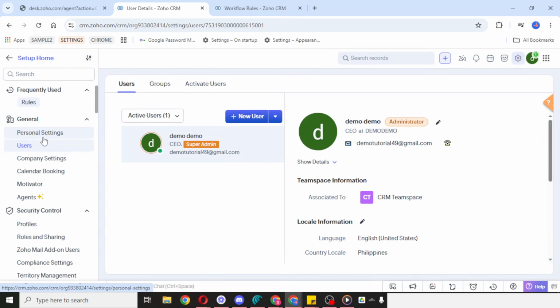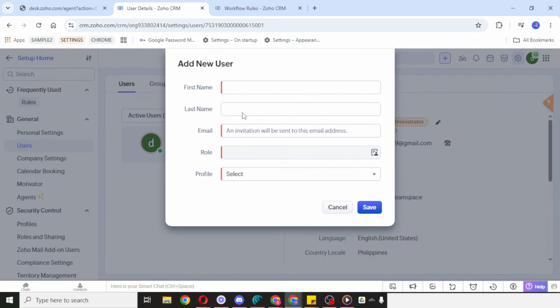When you're in the Users section, click New User. This will open the user creation form. On this page, you'll be asked to enter the new user's details. Start by typing in the person's name and email address. Make sure the email is entered correctly, since this is usually tied to the user's login and invitation process. A small typo here can delay access, so it's a good idea to double-check before moving on.